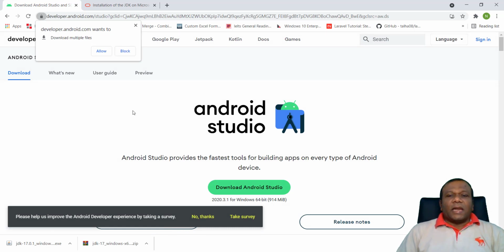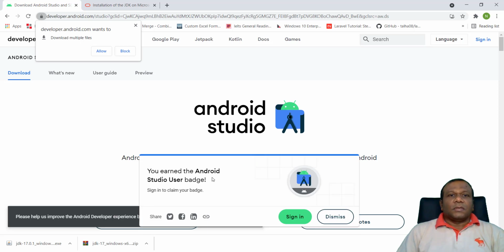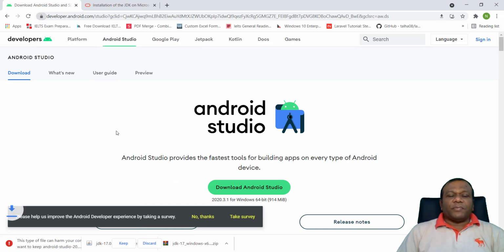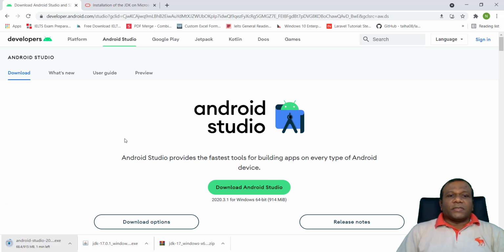Click allow. Click the allow button. Click keep, and it started to download. It also takes a few minutes to download. I'll pause the video and after downloading I will show it to you.